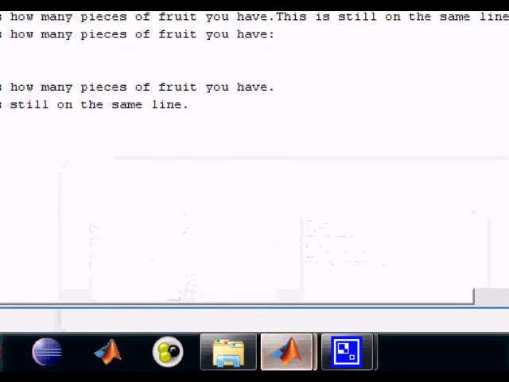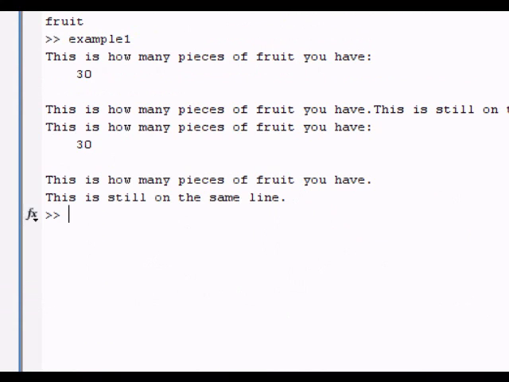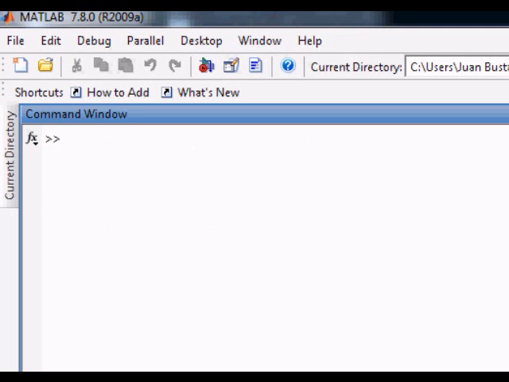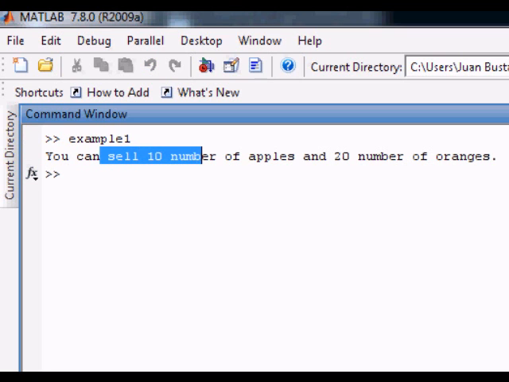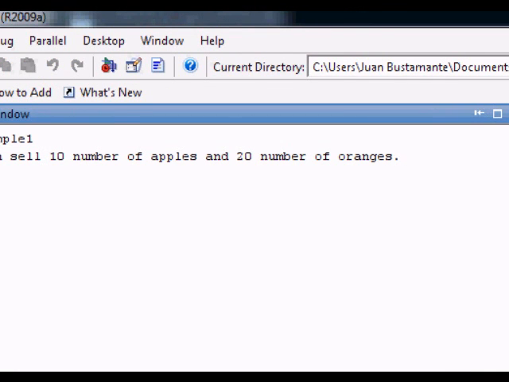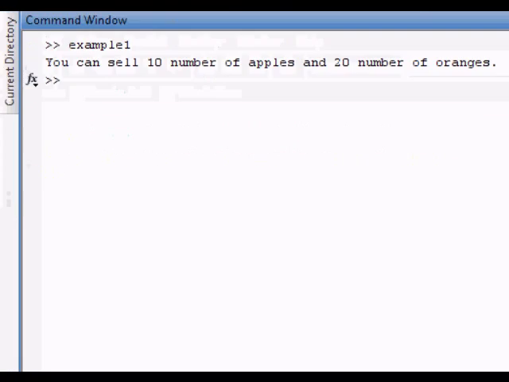Let's go to MATLAB. Let's clear the whole command window. Clear command window. Enter. Nice and tidy. And I'll do example 1 again. You can sell 10 number of apples and 20 number of oranges. And there you have it. That's a perfectly legitimate fprintf statement,